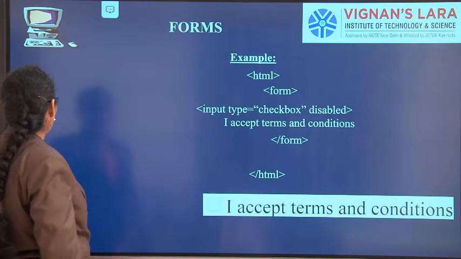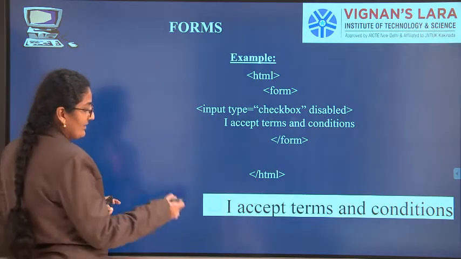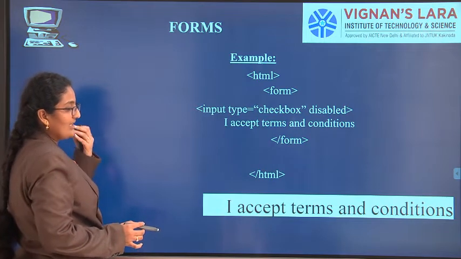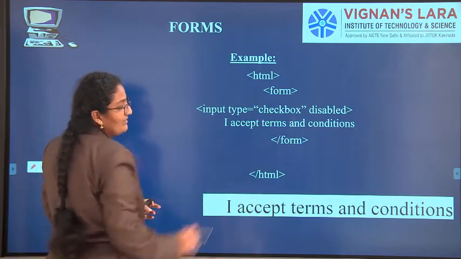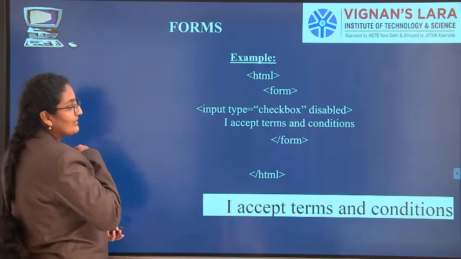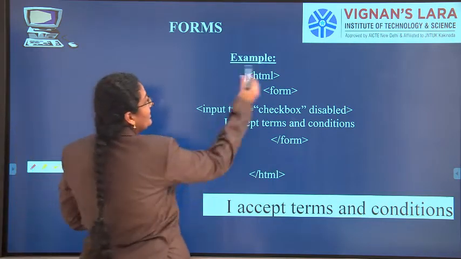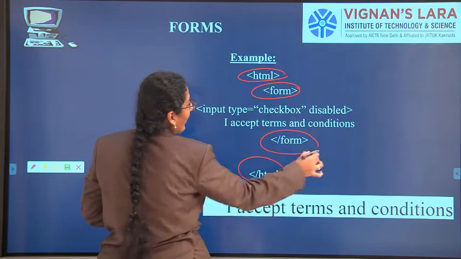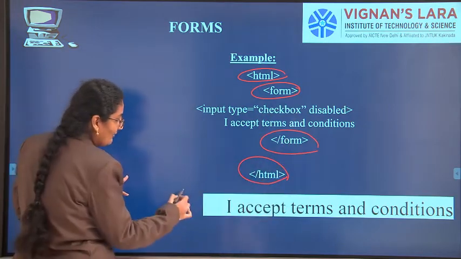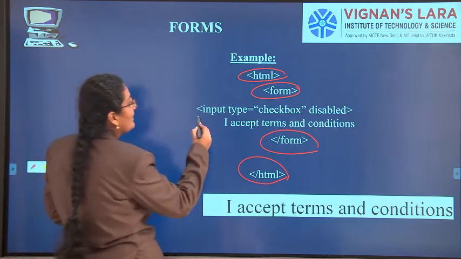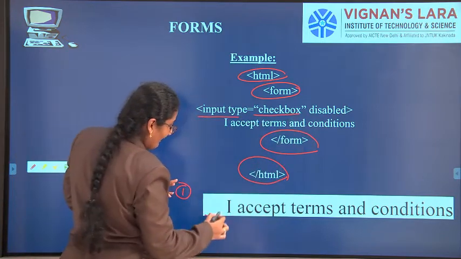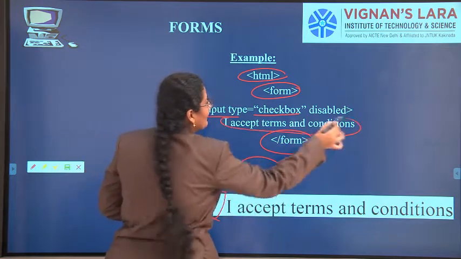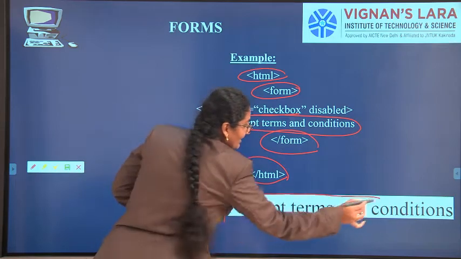Yes, see this example now. In many registration forms you will understand this. You have seen in many registration forms, in many agreements, the sentence "I accept all the terms and conditions". For that also they have generated a form only. See here, HTML open, HTML close, form open, form close. What do I want? I want only one checkbox. What is the checkbox? Input type checkbox. So I have given checkbox as the input type. What should this checkbox display? I accept terms and conditions.